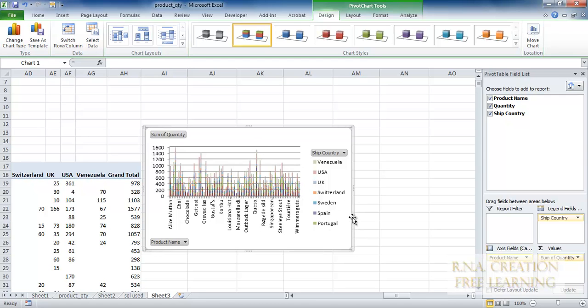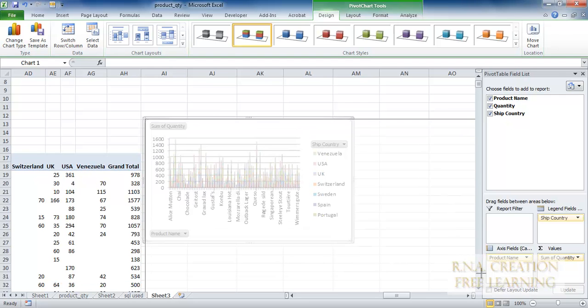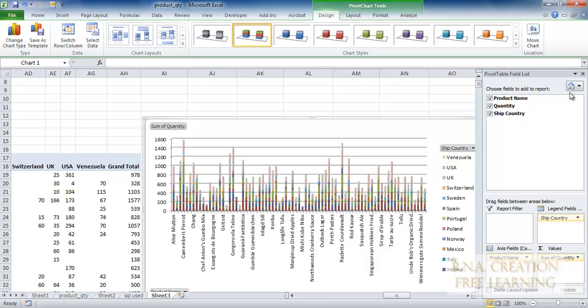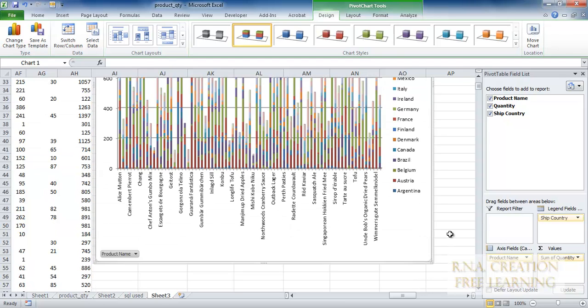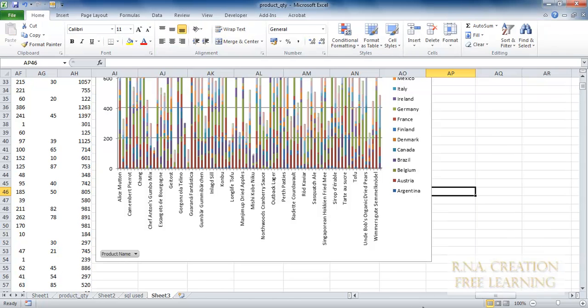Now I need to make this a little bit larger, and we can drag it and make it a little bit bigger, and a little bit bigger.